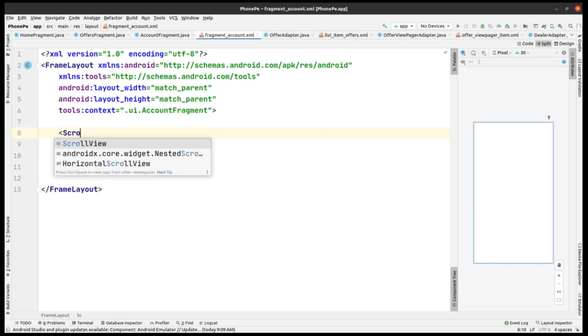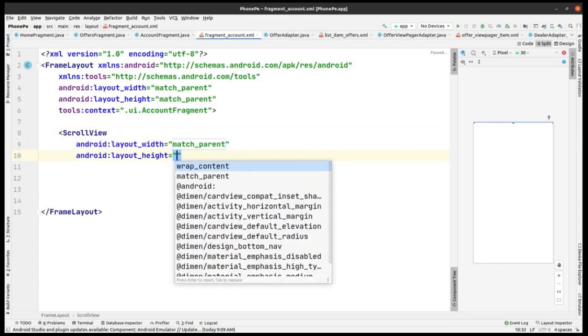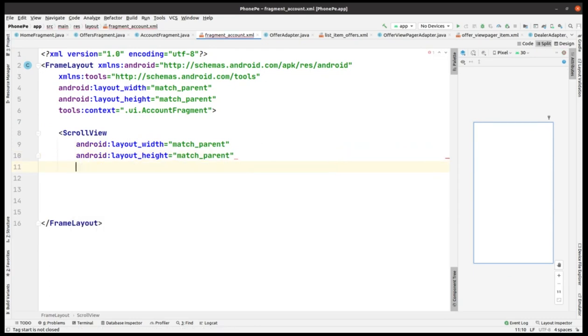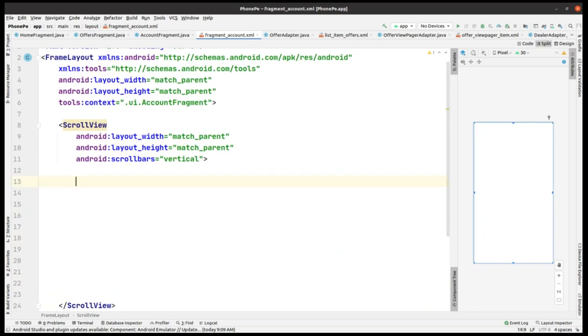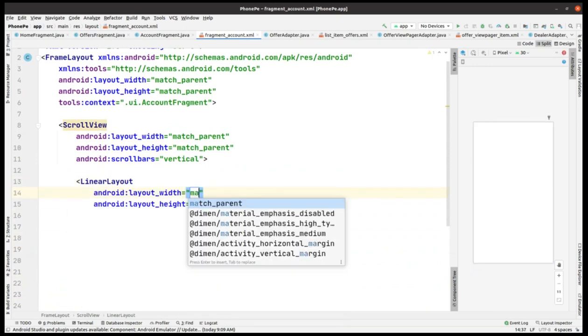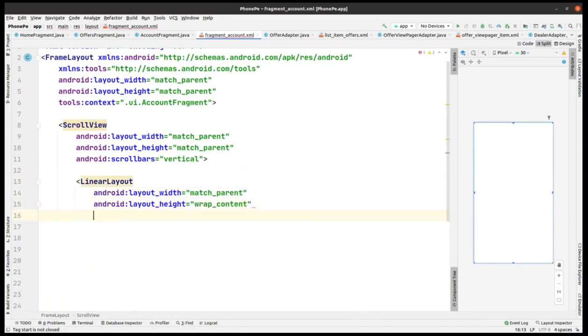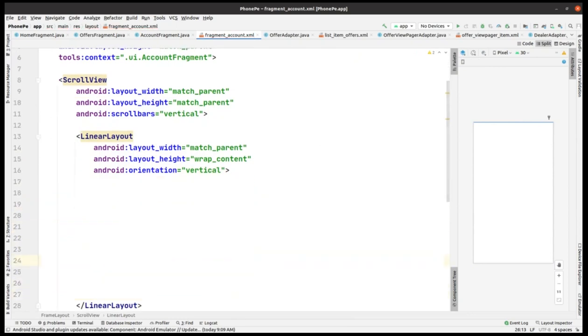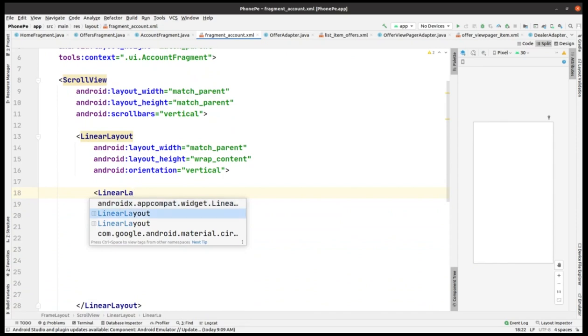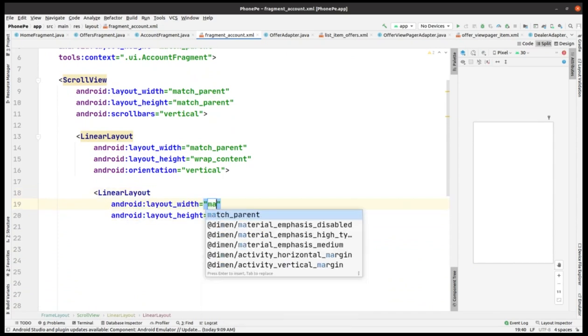Now we have to add a scroll view here, and its width and height are match parent. Also we have to give scroll bars, and that should be vertical. Okay, and now what else can be done here is the linear layout, match and wrap. Again we have this orientation as vertical, and then we're going to get the linear